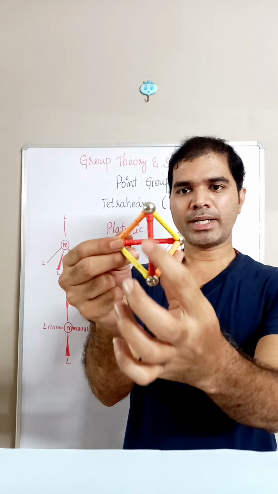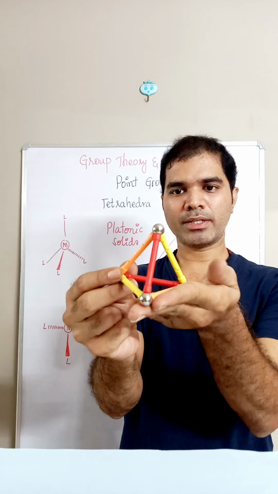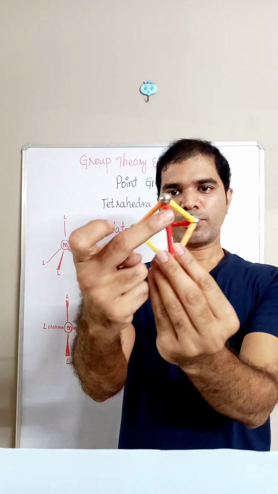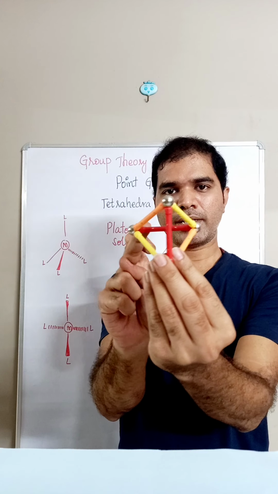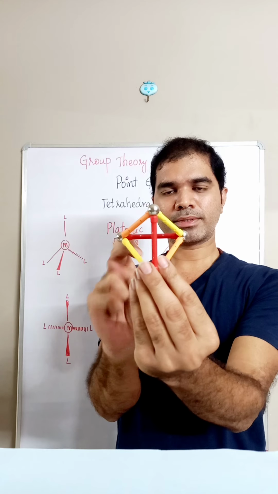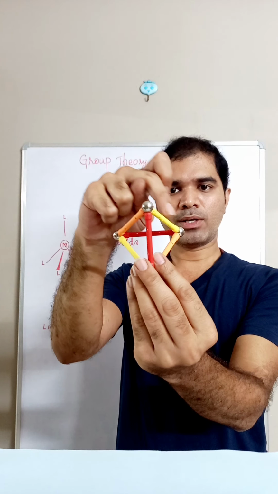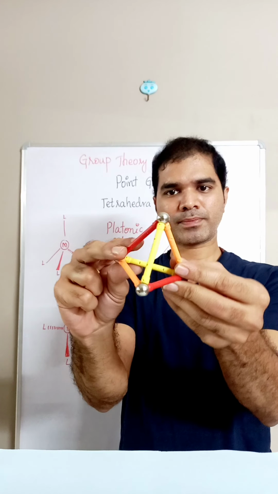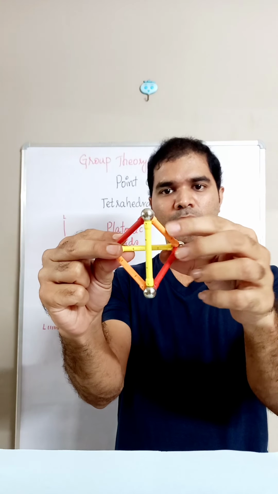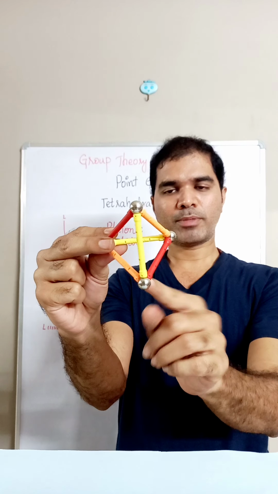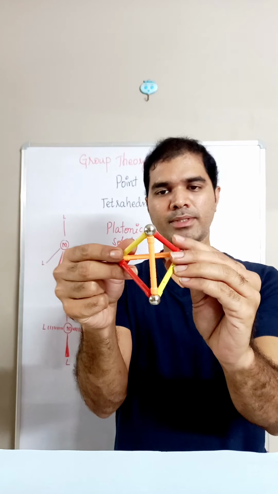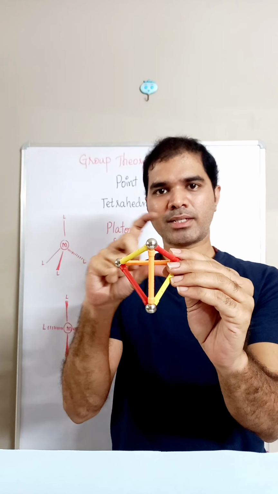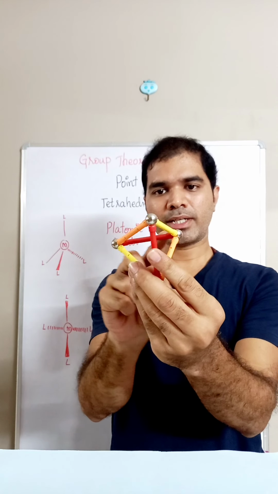Now if this is the red edge which is towards you, instead of holding it in this manner, I am trying to hold it in this way. This is the orientation. For this edge, opposite is another edge which is perpendicular to it. For this edge which is in yellow, opposite is another yellow which is perpendicular to it. I am showing it to you. And for an orange, opposite is another orange which is perpendicular to it. There are 6 edges in 3 pairs, where each pair is like a staggered pair. To one edge, another edge is perpendicular.